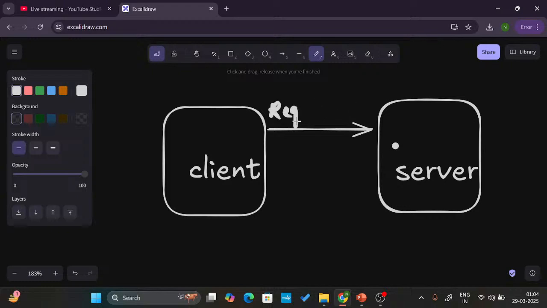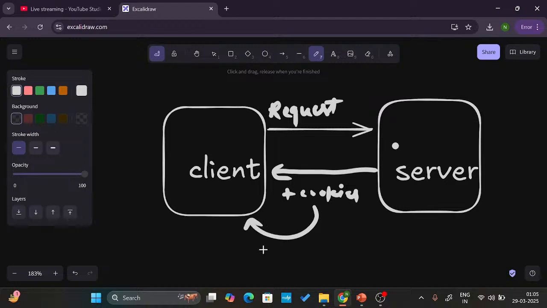Client sends a request, and then the server gives a response. So the server gives a response with cookies, and these cookies are stored inside the client browser and collect some information, which helps the server